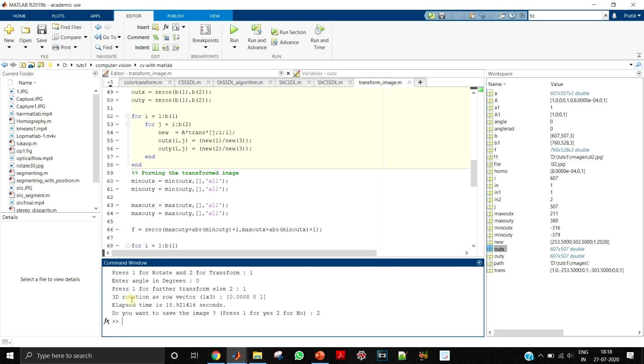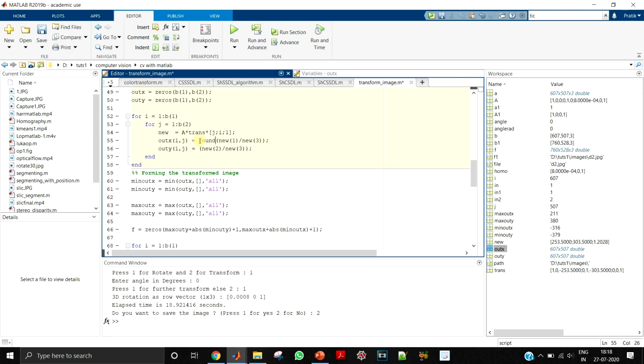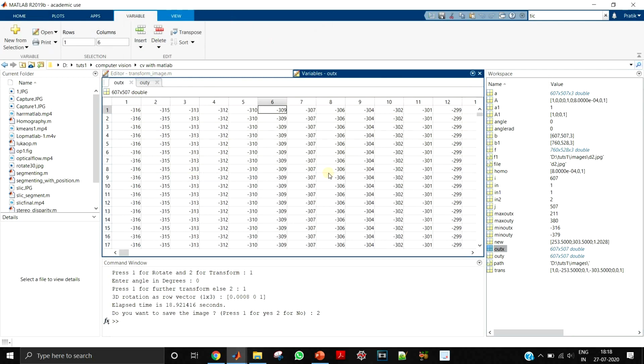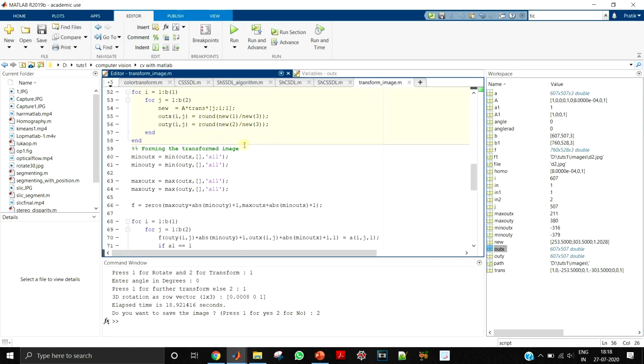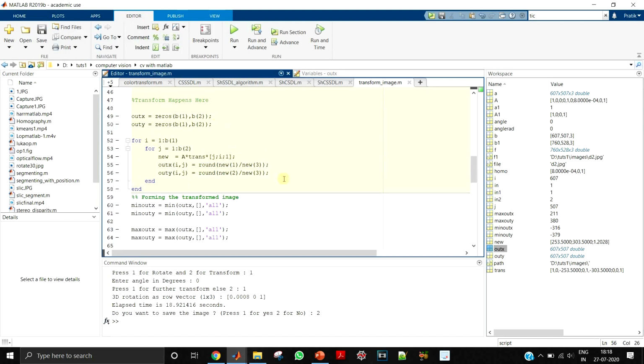Because of that, we'll have to do round over here. So rounding of the coordinates, so that we can treat them as the actual coordinates of MATLAB. So this is the round of the result of our transformed matrix. I guess this particular thing is clear now.